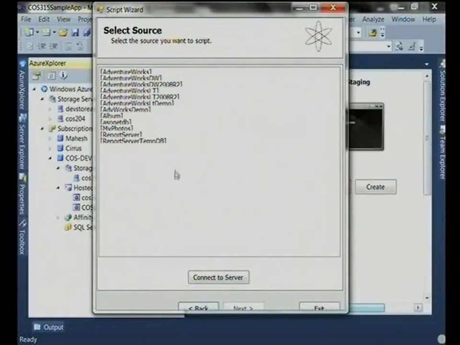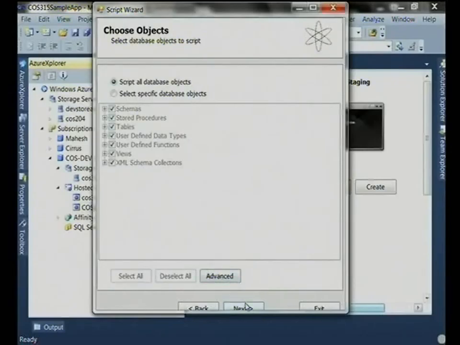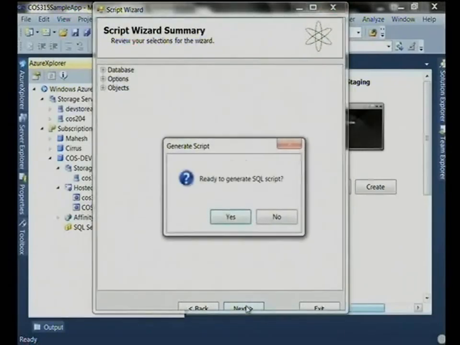Hit connect. I can actually select the database that I'm going to be using, which is AdventureWorks Lite 2008.